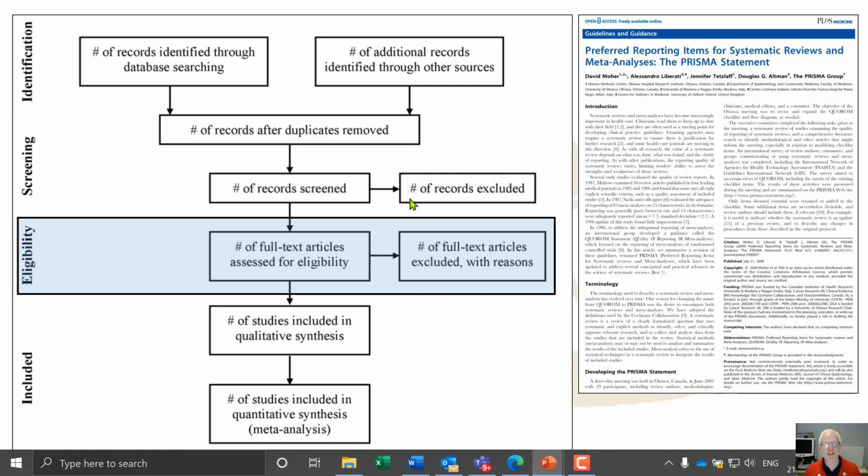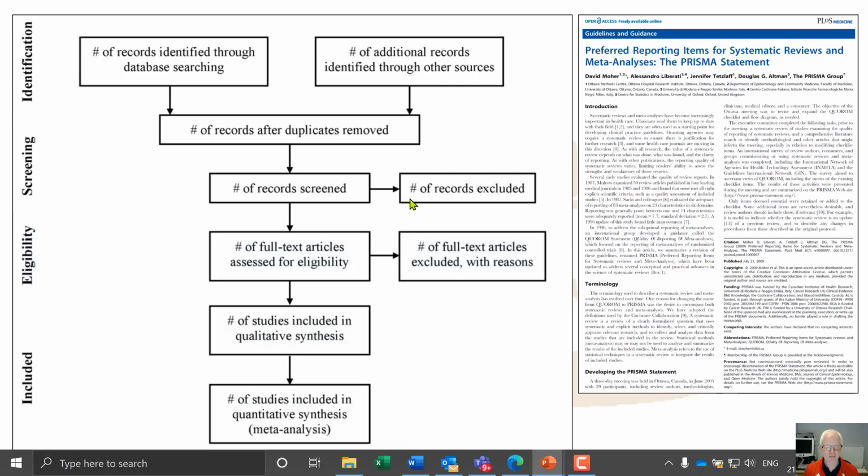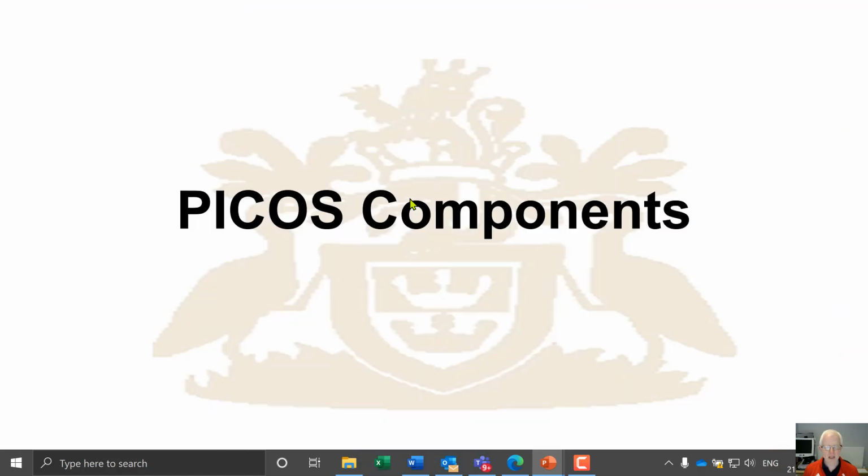What I am interested in. So let me talk you through eligibility and what we call PICOs. So PICOs is a way of really having an inclusion criteria, and I'll say straight from the outset, this means